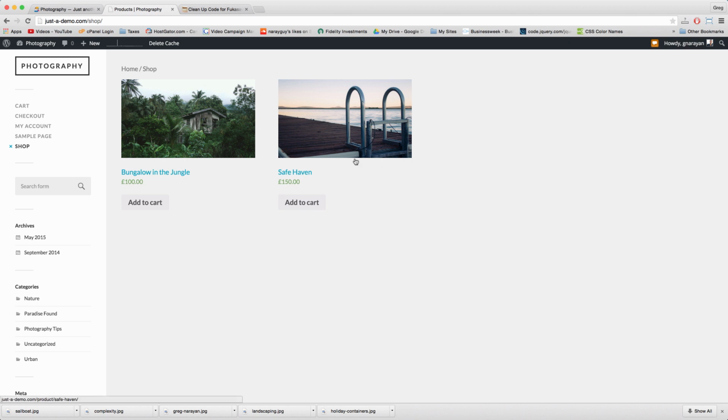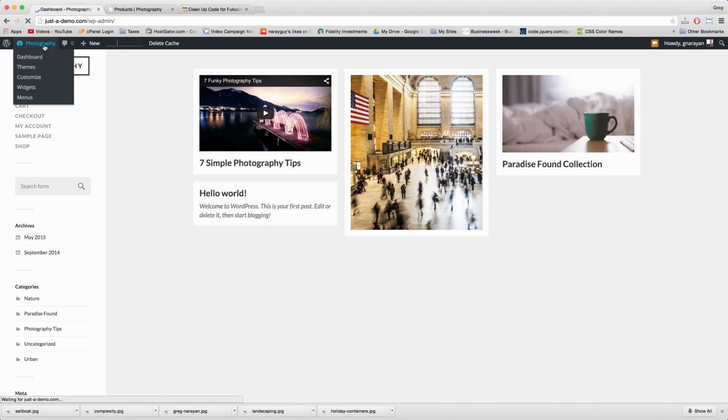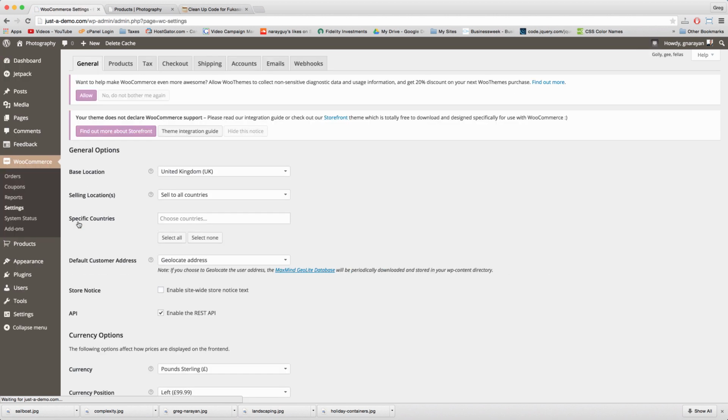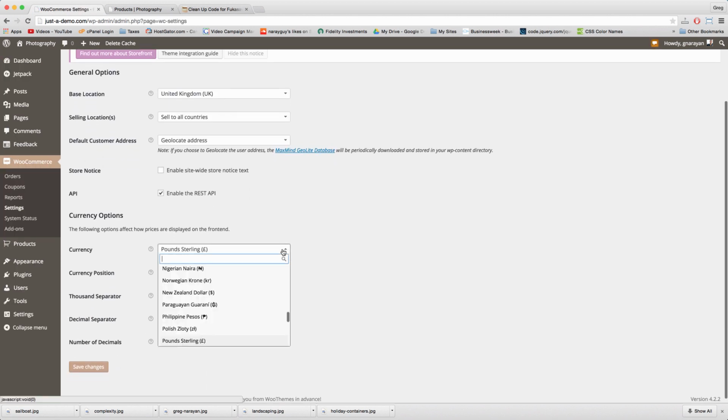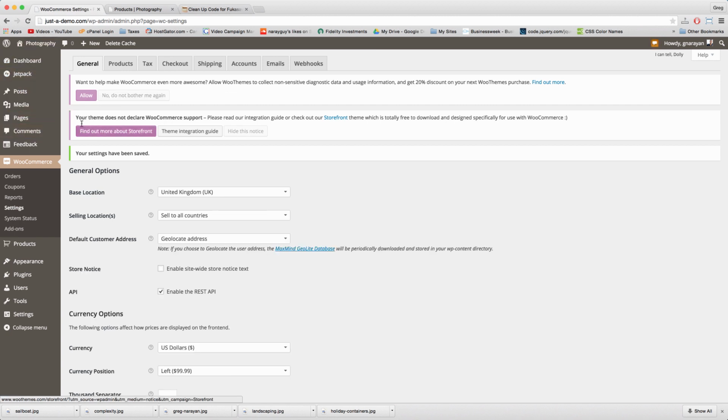Alright, so I said our shop will work and actually sell our photographs, which it will, but I want to change the price to dollars, and I want to make sure that we can collect money. So, follow me to the dashboard, WooCommerce, Settings, Currency, just type in dollars and then choose the right currency, whatever you want. Save changes, and then checkout,